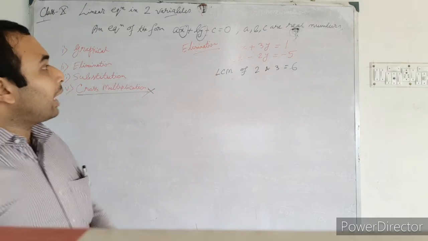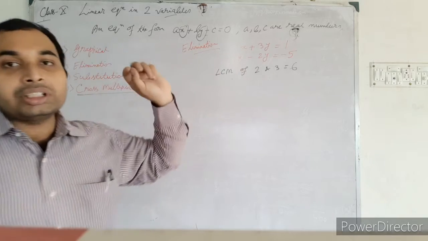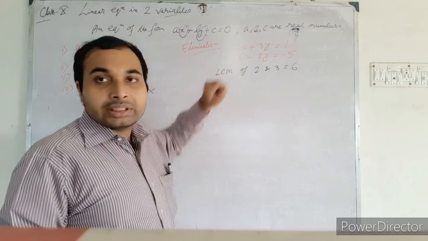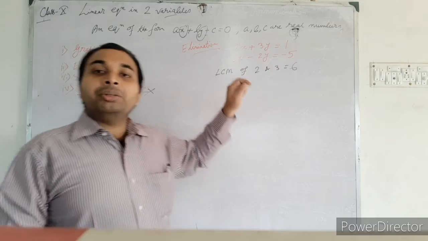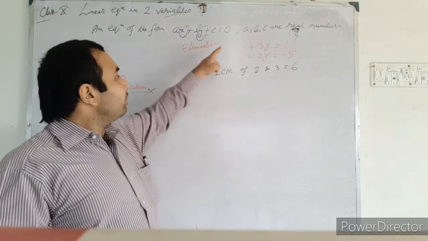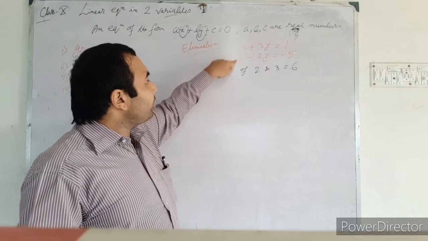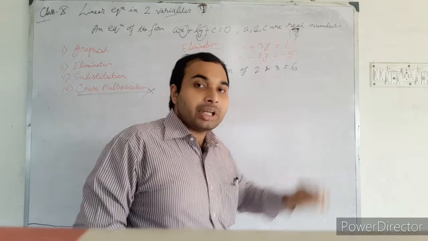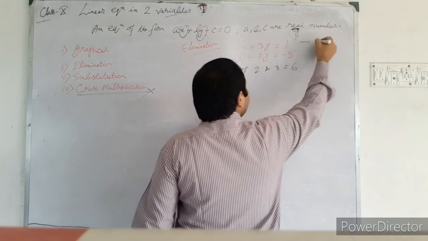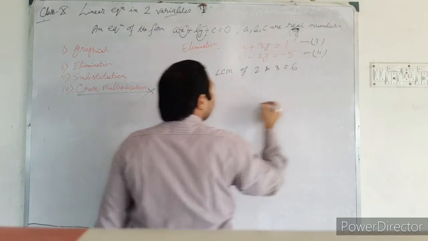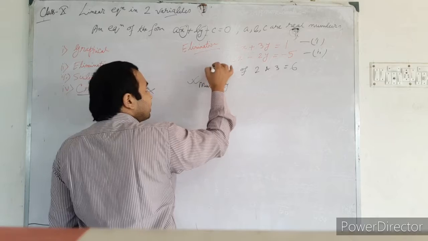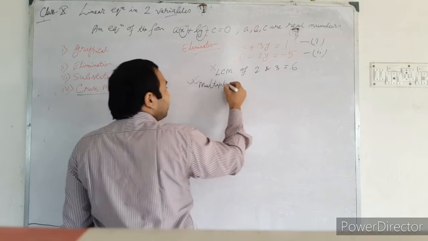That means you have to multiply those two equations with such a number that you can find 6 at both the places. I repeat, you have to multiply both the equations with such numbers so that in both the cases the coefficient of x will remain the same. So that is 6 will come. So 2 into 3 we know it is 6. So if this is number 1 equation and this is number 2 equation, you have to write this line. This line is not important. You have to write this line, multiplying